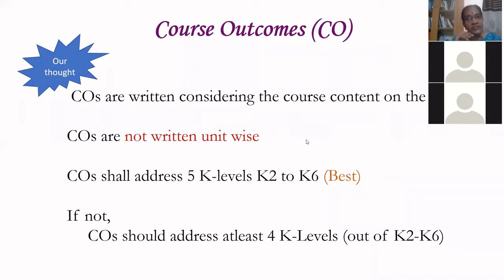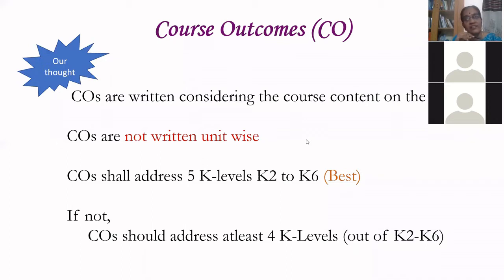So actually, whenever you write course outcomes, they should be written only by a teacher who has mastery over the subject. When you have mastery over the subject, you know the subject very well, you are able to view the syllabus as a whole, and you can summarize what are the things you should know first, understand first, and then what are the things you want your students to apply, analyze, and evaluate in succession. So suppose that you are new to the course, you cannot write the course outcomes correctly.